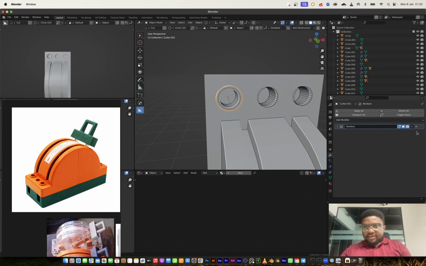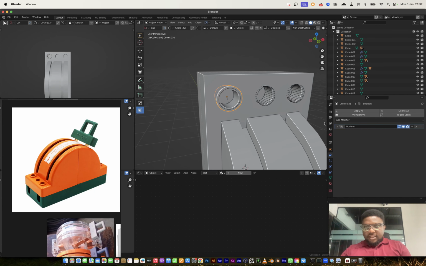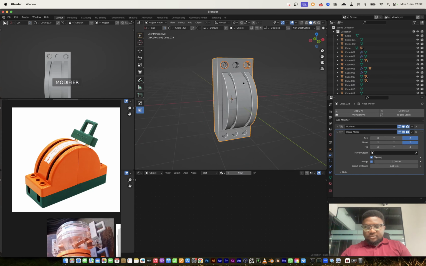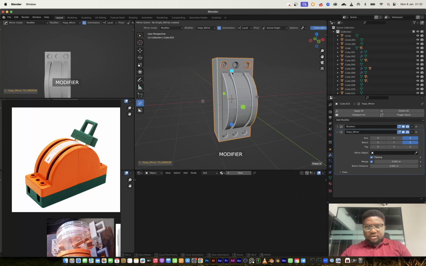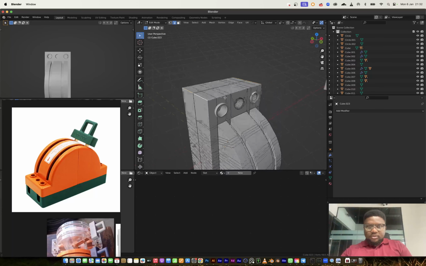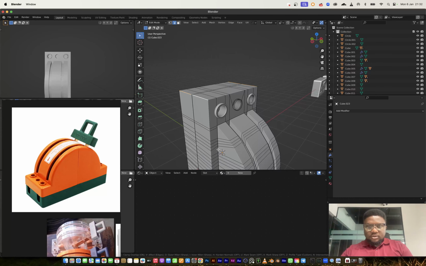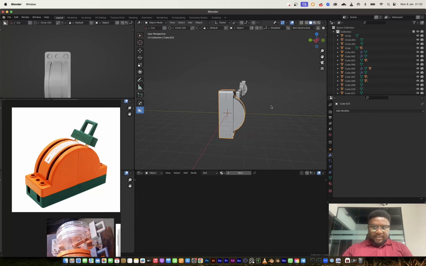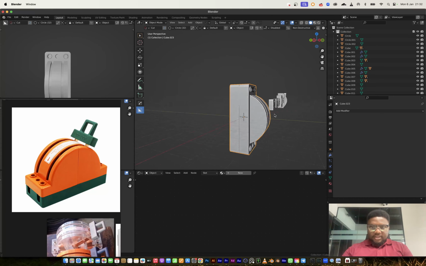I will just remove the array from this one, and remove the boolean from this one too, so I can just mirror to the other side. And I also want to mirror to this side too. Bevel, I want the curve, and this is cool. So what I want to do now is